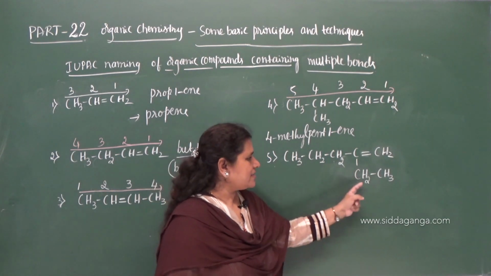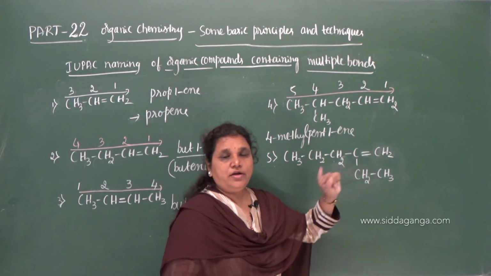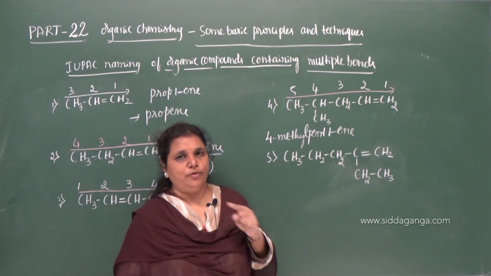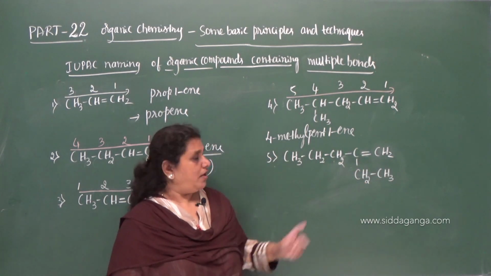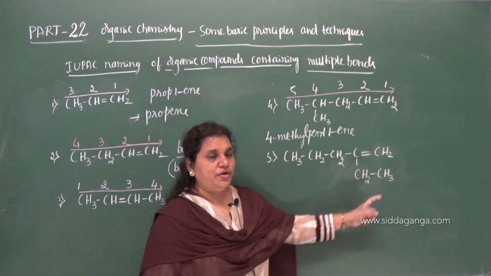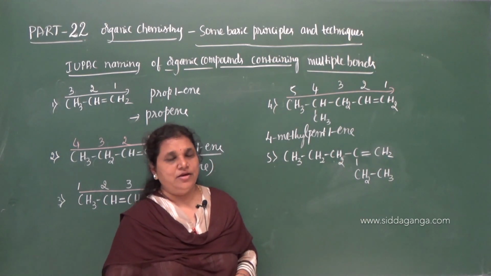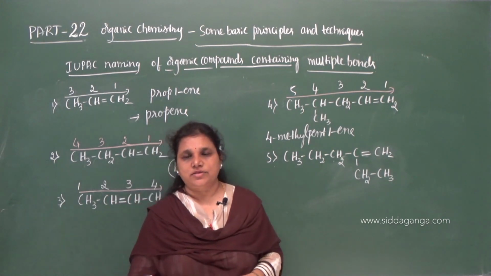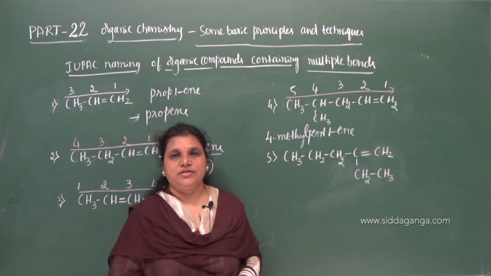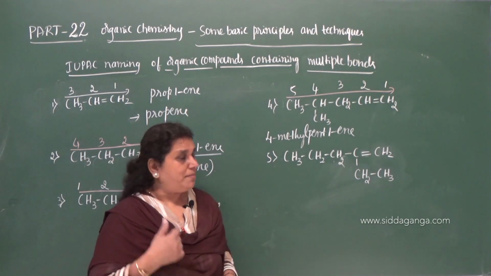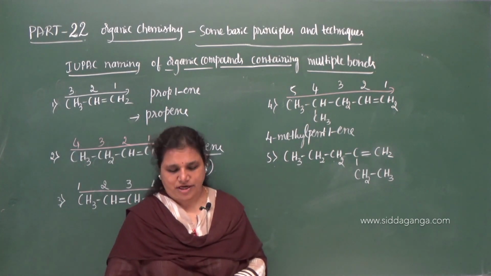Whereas if you select this carbon chain, 1, 2, 3, 4, 5, 6, you'll get 1 carbon atom more. That is, here you get 6 carbon atoms where the other gave 5. You'll get the longest chain, but you won't get the multiple bond in the selected carbon chain. So what I said in the longest chain rule: if a chain contains a multiple bond, you have to select the chain with the multiple bond even if it violates the longest chain rule.